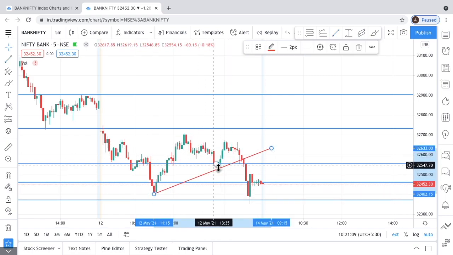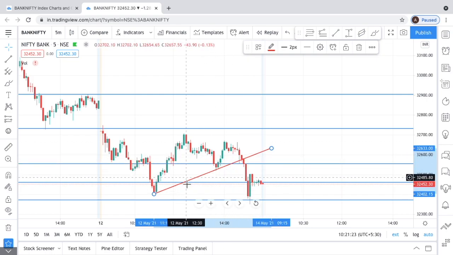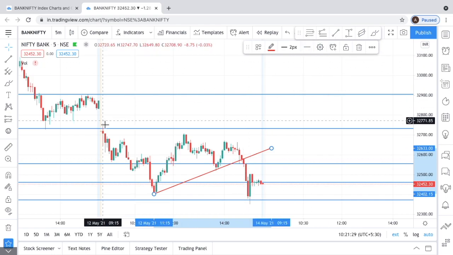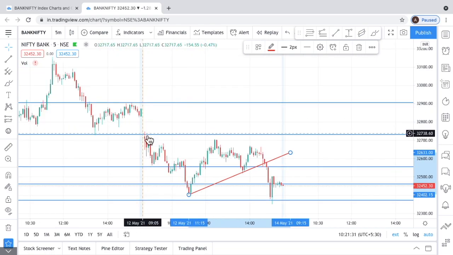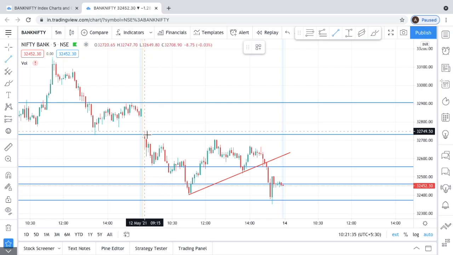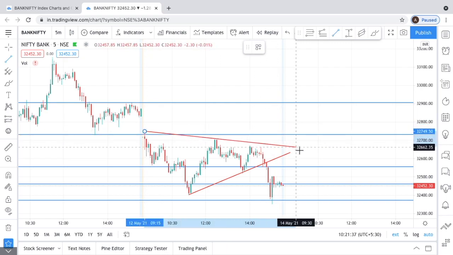I had this angular trend line drawn the moment the price came here. See, even here the price came down, took support on this blue line, moved up. So I had this angular trend line, the red line that I've drawn. I had this marked on the live market, and I had a thought that if this breaks, I'll go for short. And since we are quite volatile these days, where we have up moves and down moves, I had an angular trend line even on the top side in case we break out,